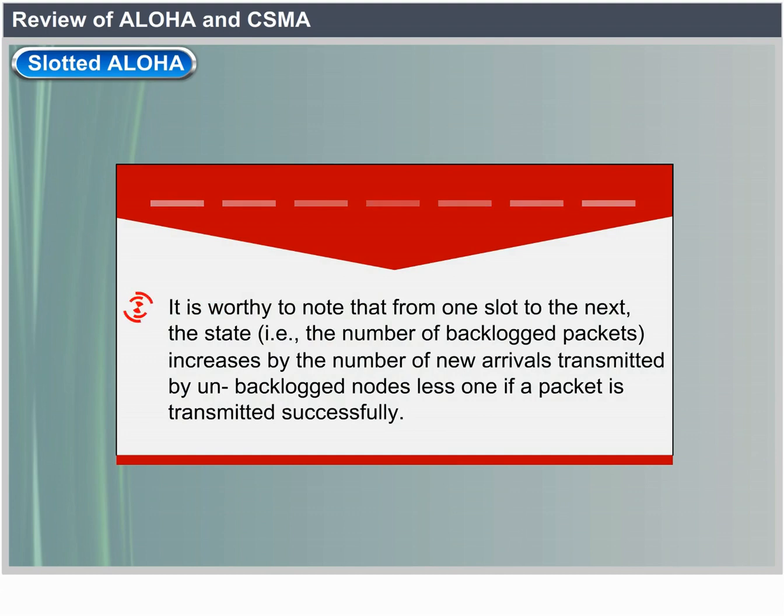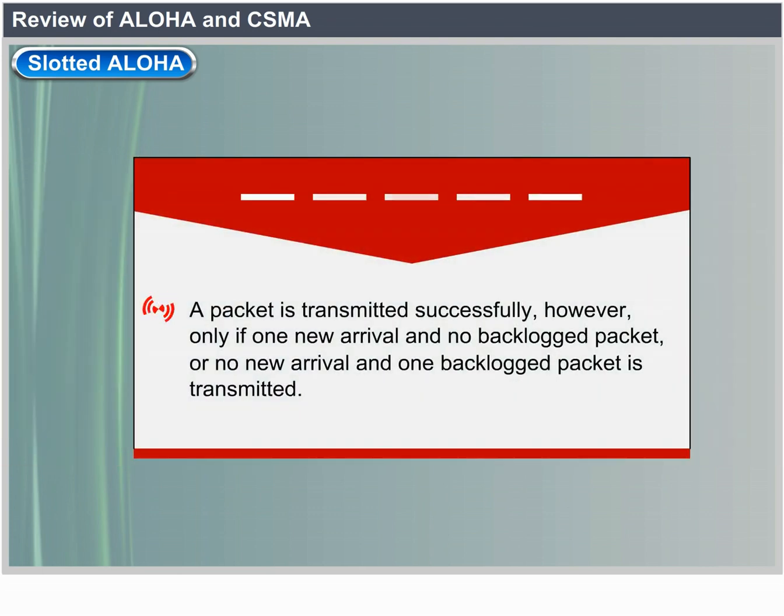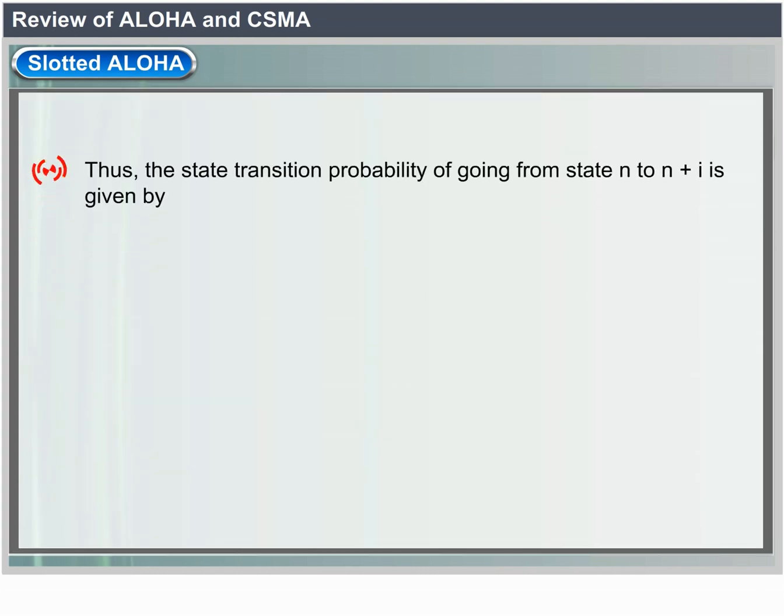Note that from one slot to the next, the state, that is, the number of backlogged packets, increases by the number of new arrivals transmitted by unbacklogged nodes, less 1 if a packet is transmitted successfully. A packet is transmitted successfully, however, only if one new arrival and no backlogged packets, or no new arrival and one backlogged packet, is transmitted. Thus, the state transition probability of going from state n to n plus i is given by